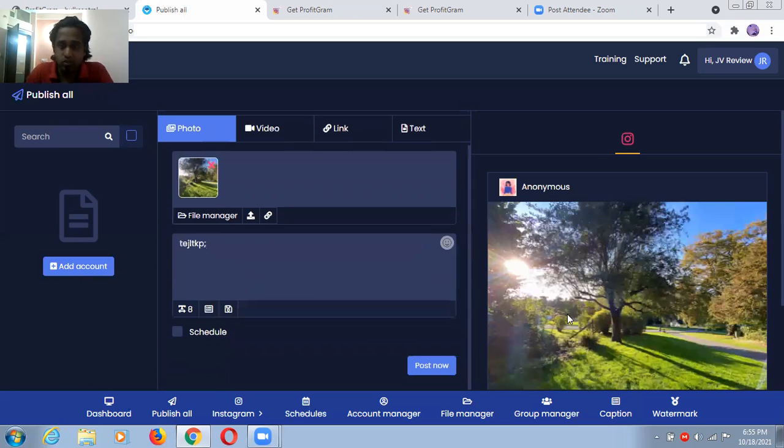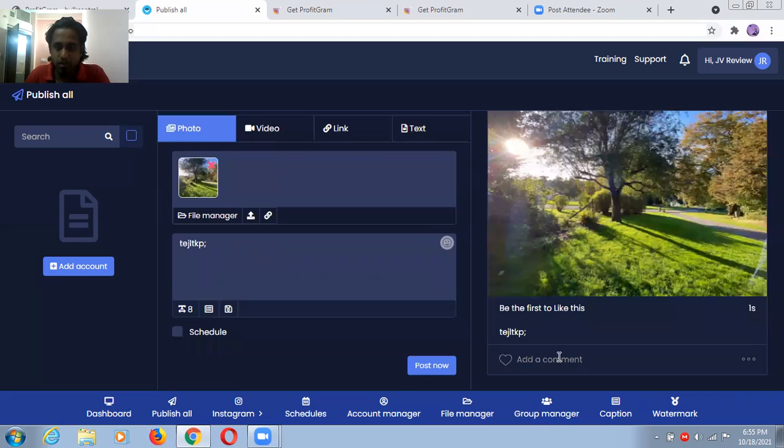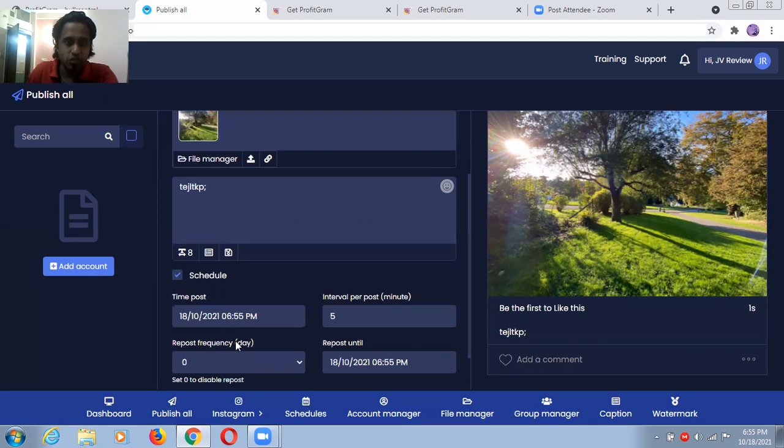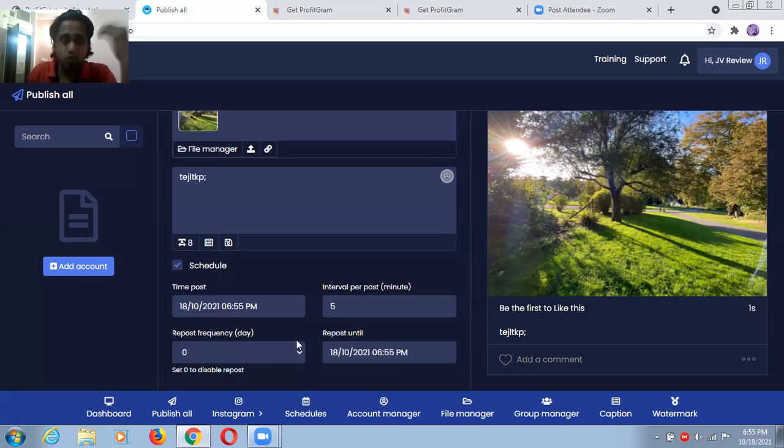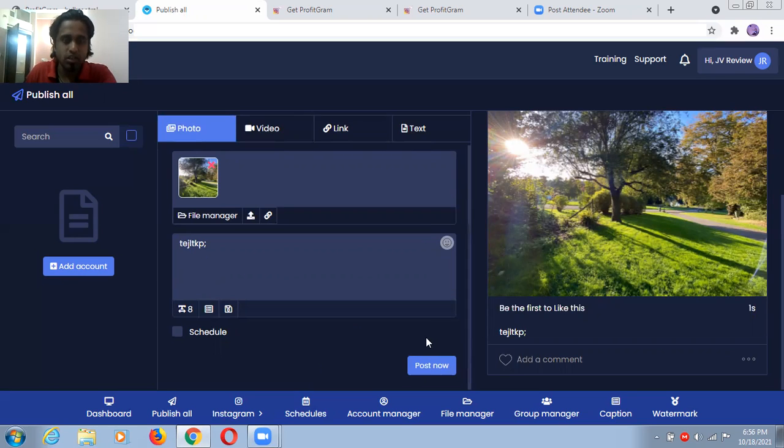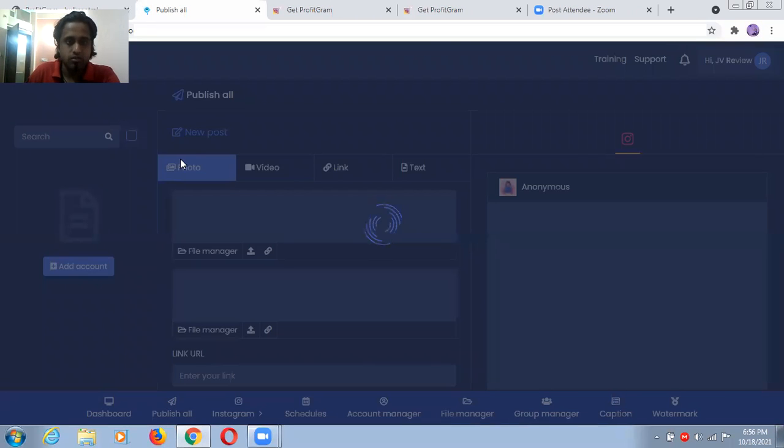So you can see here, you can directly add a comment from here. You can directly put some links in the comment. All these things are here, and there is a scheduling option, so that people are actually paying for scheduling elsewhere, for Publer, for Hootsuite, something like that. You also don't need to do that, because you are going to get these options here also. And directly you can post now also. So for example, let's see some other functions. So this is the publish function, all these things.